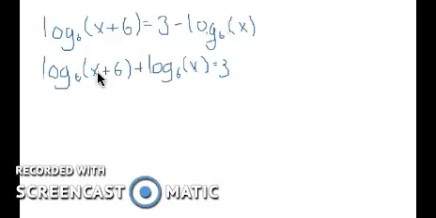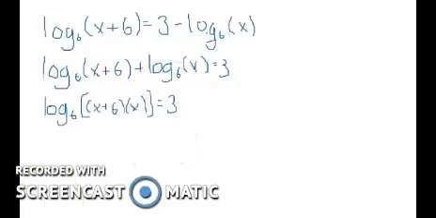Instead of having the expressions turned into a sum or difference of logarithms, we're going to do the opposite. So here we have a sum, so we are going to unite them as a multiplication. Then the next step is to get rid of the logarithm. So I'm going to pass the logarithm over here, and we are left with